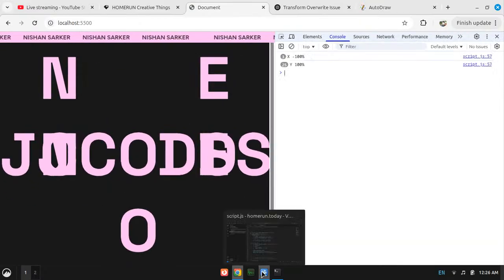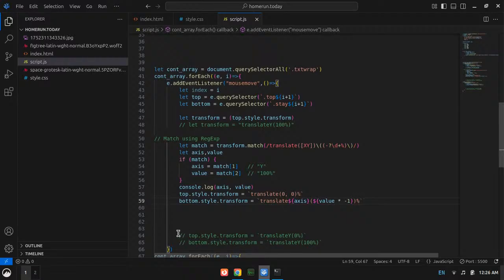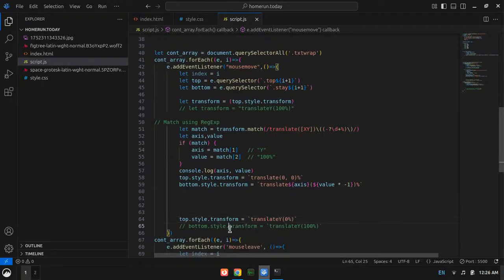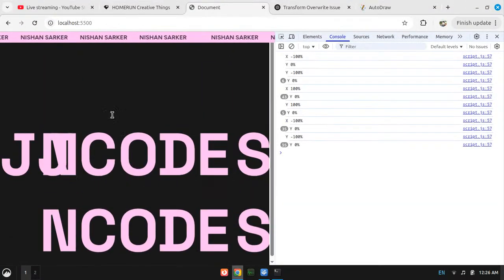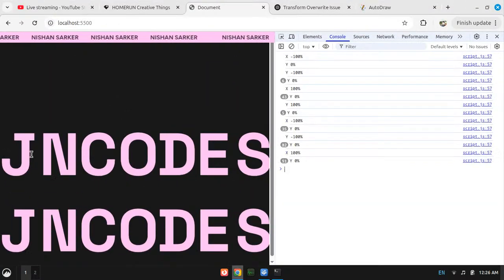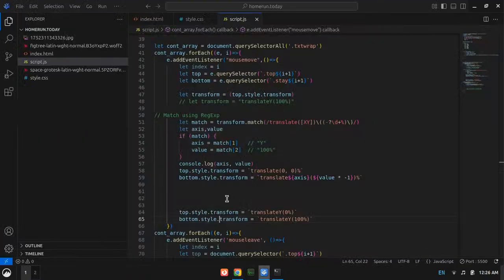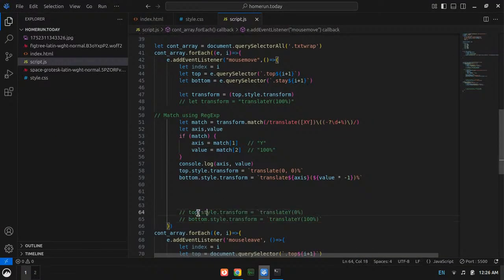Will uncommenting these lines help? Okay, these lines work, but these lines do not.